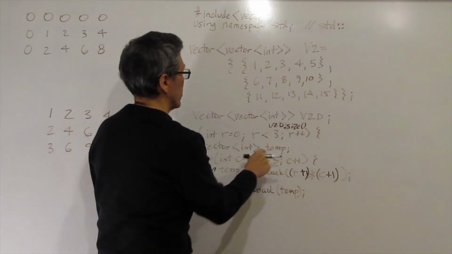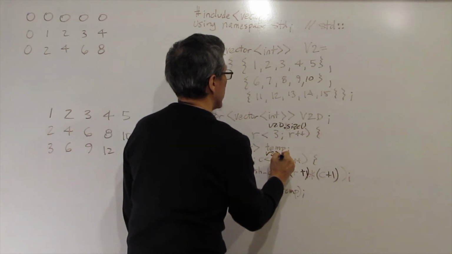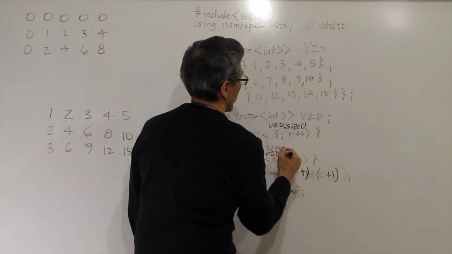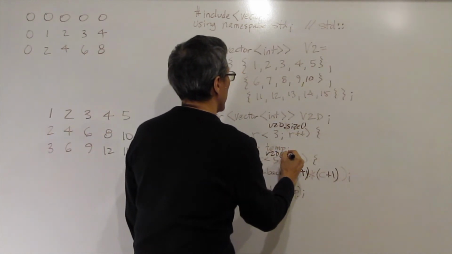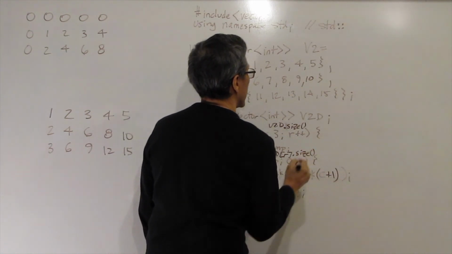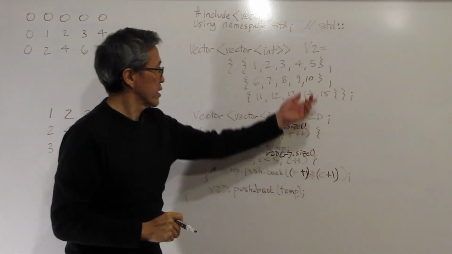And then this guy here would be v2d square bracket r dot size. That would be the way you want to make sure that you, in case this was jagged,